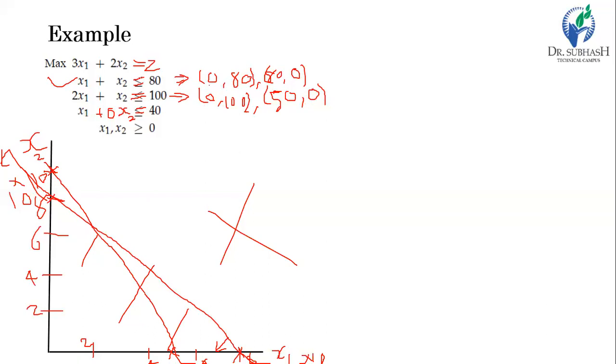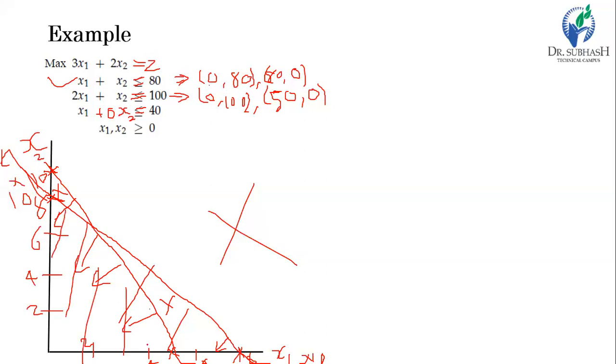And again, it is a less than or equal to type, so our solution lies in this region. So this region again contains no solution for our problem, because it does not satisfy constraint number 1, and this area does not satisfy constraint number 2. So the area which satisfies both constraints is this much area only.